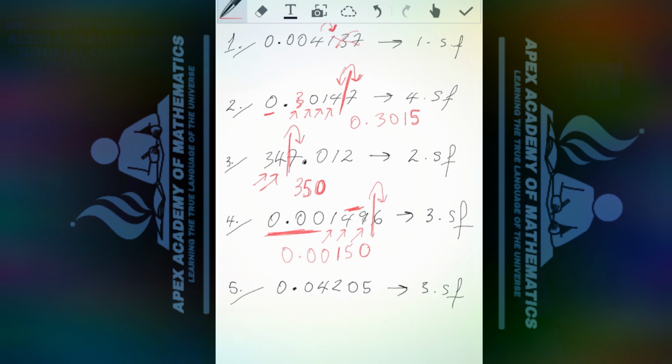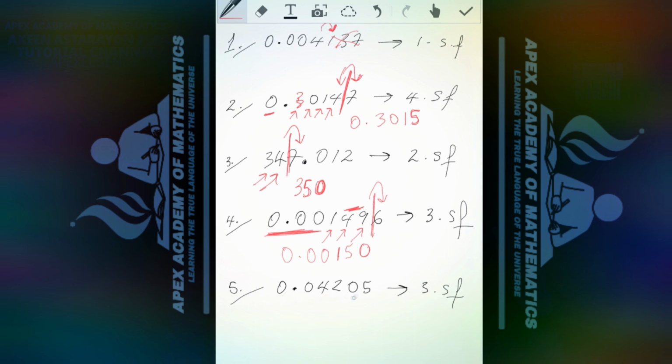So I add 1 to 9, I get 10, I write down the 0, bring the 1 onto the 4, add it to the 4 to get 5, and I rewrite my remaining digits. Okay? All right, so now I got 0.0150. All right, and for my final example here, I have